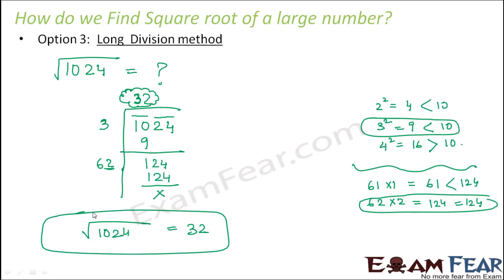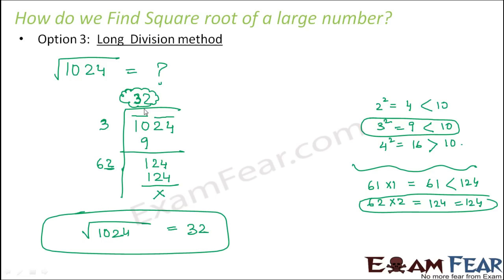Now I agree that this method is not very simple, but it is not that complicated as well. So let us have a look once more. So what we do, first step is to place the bars over the digits, and we place the bars over a pair of digits. And there is another significance of the bars. The number of bars that you have in the number denotes the number of digits that you will have in the square root. For example, here you have 2 bars, so you have 2 digits in the square root value.